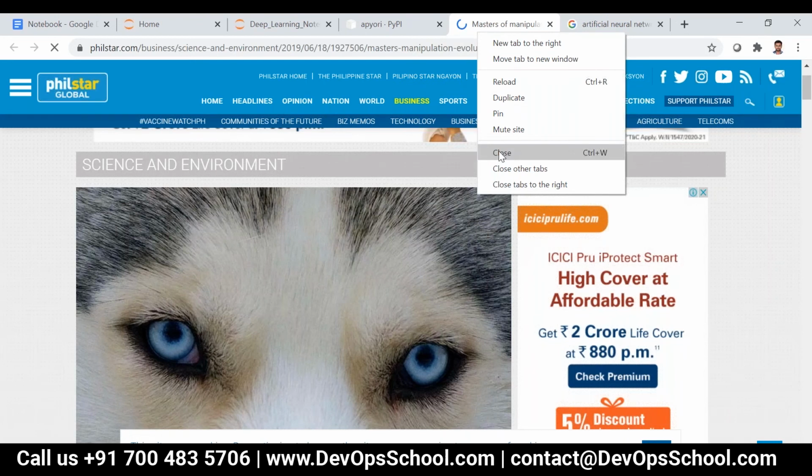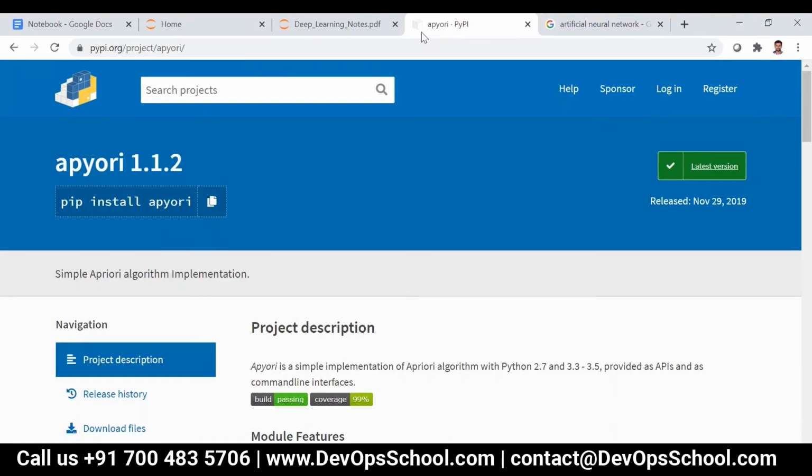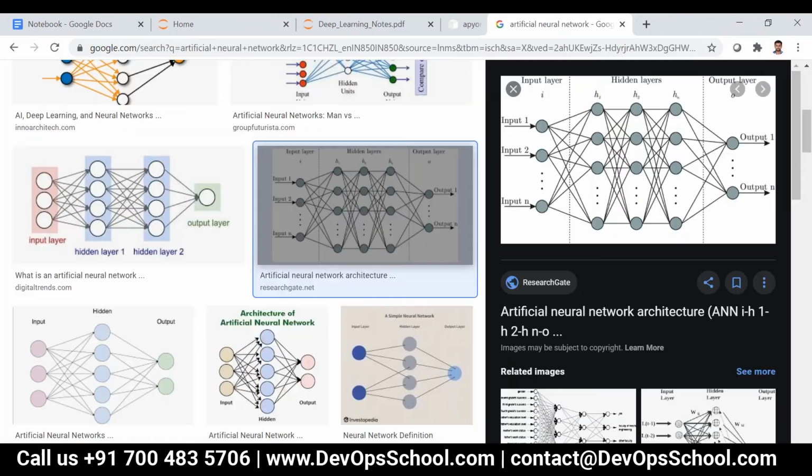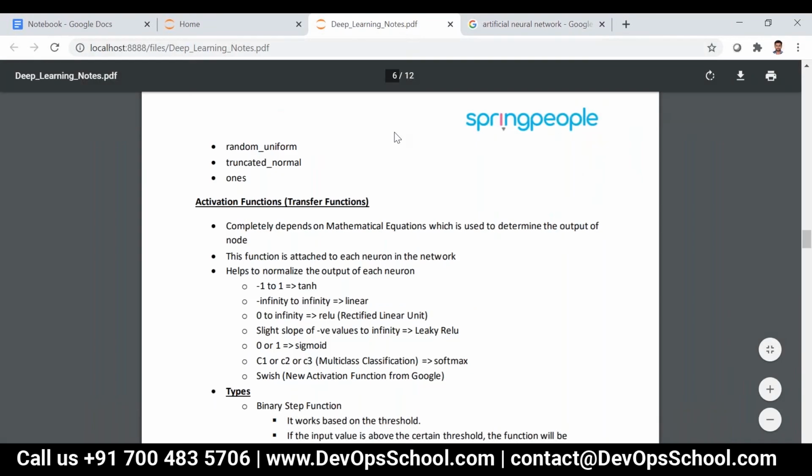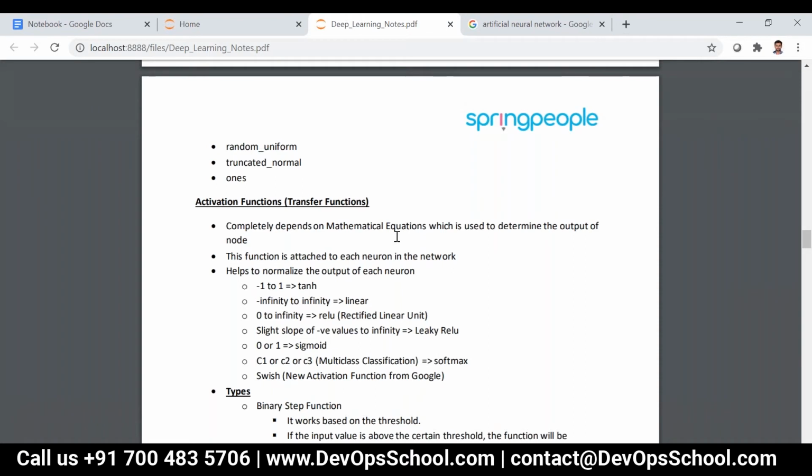It is used to normalize the output. This function is attached to each neuron in the network. Each and every node in the artificial neural network is nothing but a neuron, so it helps to normalize the output of each neuron.